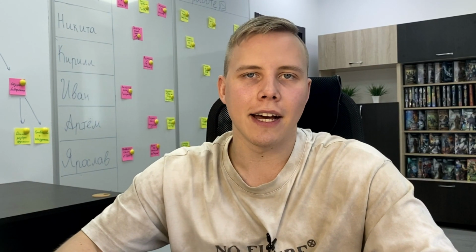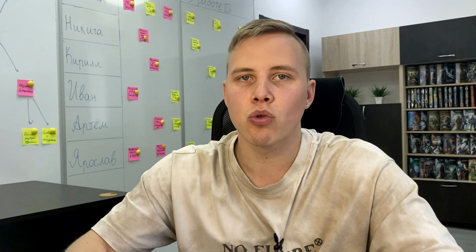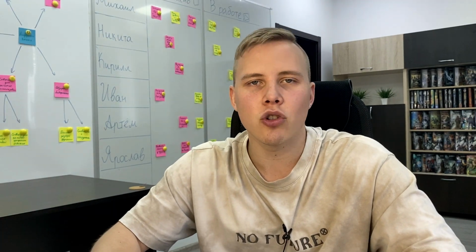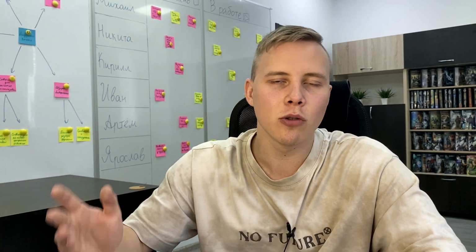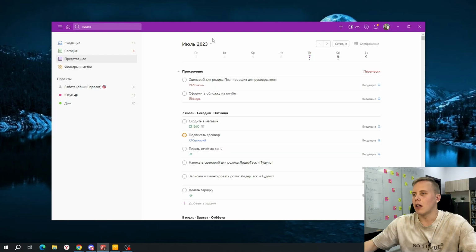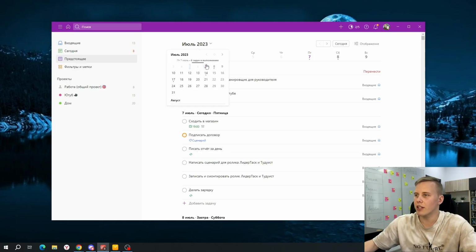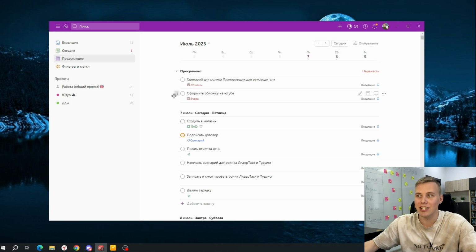The next feature is the calendar. It is designed to move between dates so you can quickly create a task on the day you want. In LeaderTask, I have already shown that you can choose any day, any date or even a period of time. But in Todoist, you can't select a day from the past. You can only select today's day or future dates.